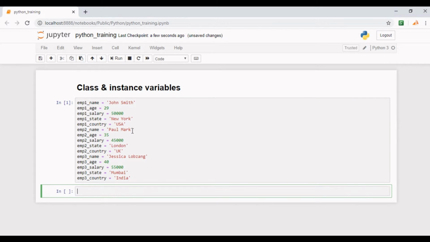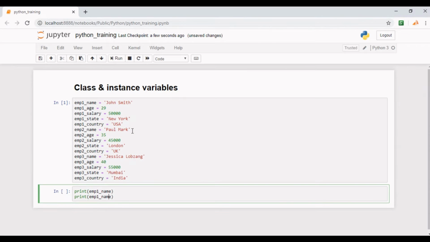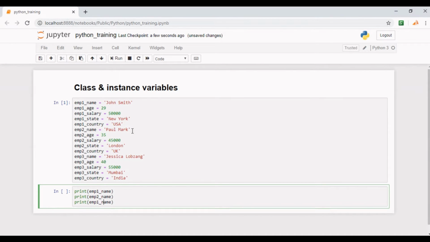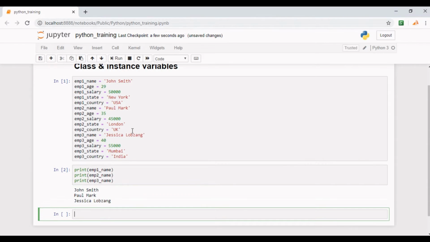Let's run this piece of code and try to check a few values. If I run this piece of code, you can see we have initialized details of employees but using the same process, and as the number of employees rises, these lines of code will also rise and the code will become bulkier and bulkier with each new employee. Don't you think it can be a nice idea to put all the reusable code in a single block and reduce as many lines as possible?